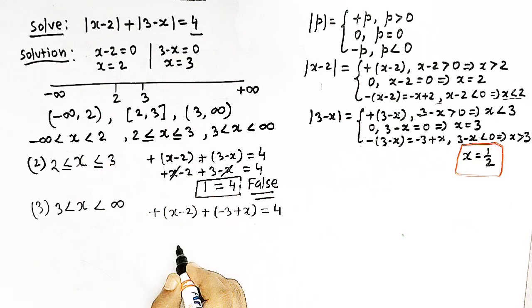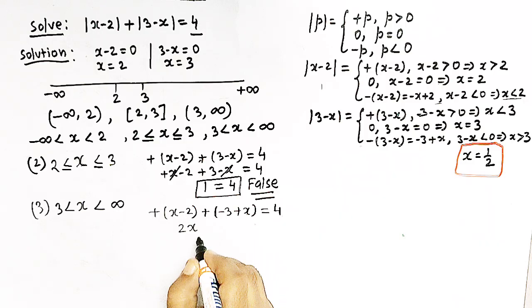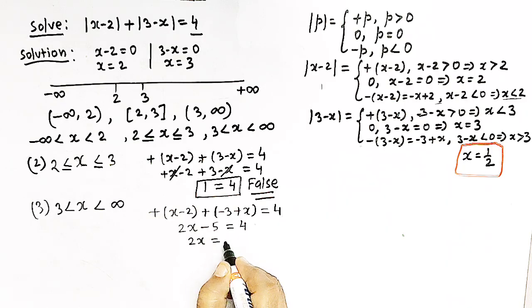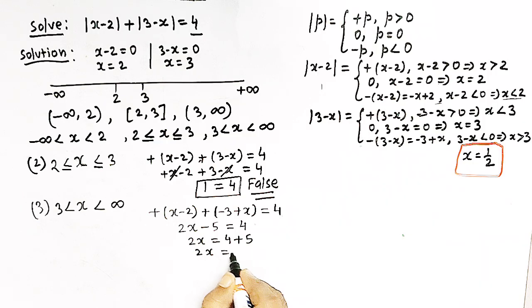So x plus x is 2x, and here we have minus 2 minus 3 is minus 5, and here we have 4. So we have 2x is equal to 4 plus 5, taking minus 5 to the right hand side. 2x is equal to 9, and x is equal to 9 over 2, that is